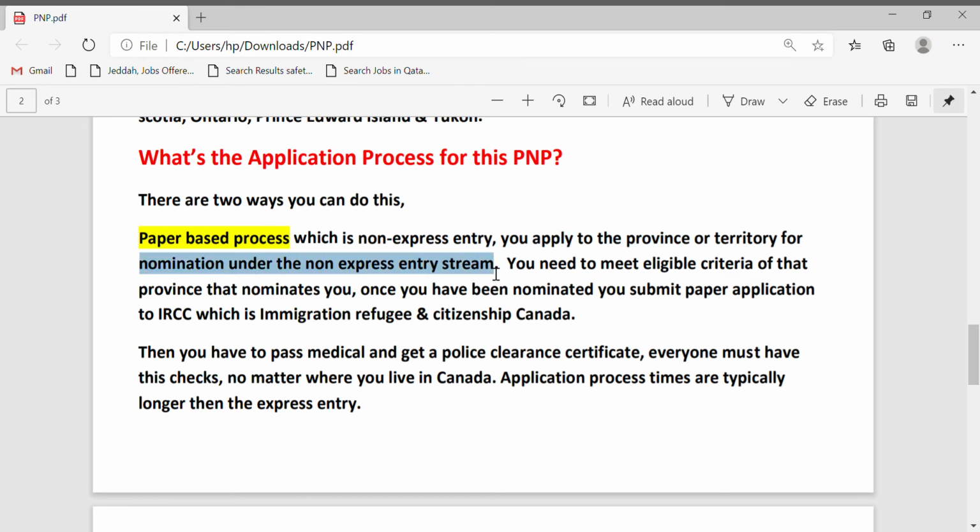So first you have to apply to the province you have decided on, and you first apply to that province for the nomination. You need to meet the eligibility criteria of the province that nominates you. Yeah, that's the basic requirement. Once you have been nominated, you submit a paper-based application to IRCC, which is Immigration, Refugee and Citizenship Canada,